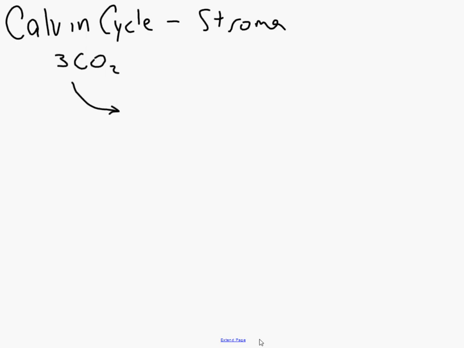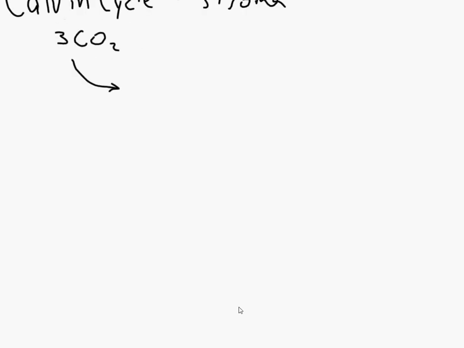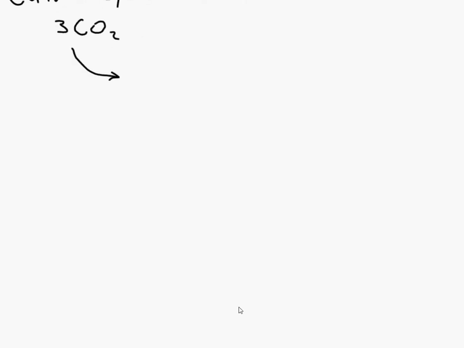And this is a cycle, so imagine a merry-go-round. You get on it at one point, get off at another point, but it just continues the circle. And so CO2s are going to get on, sugar is ultimately going to get off. Those CO2s are going to be converted, but the other innards of the cycle don't really change a whole lot. And so at the end of this cycle